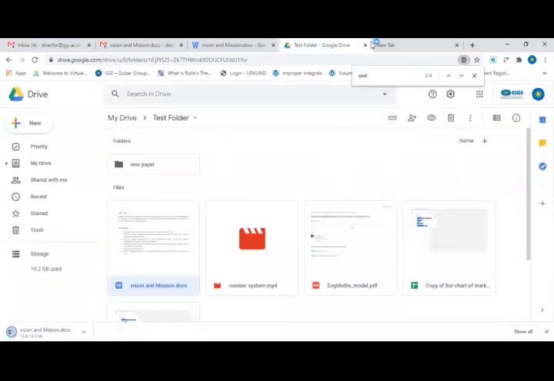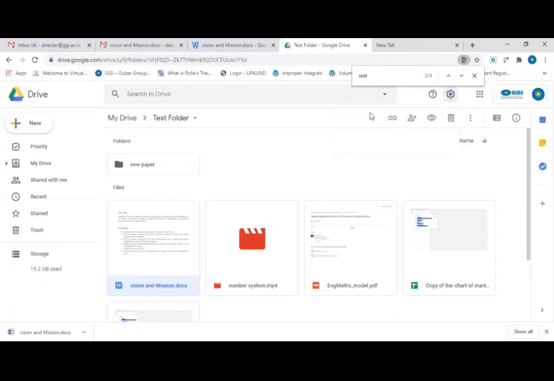The important thing about sharing, we'll discuss in detail when we discuss Google Docs and Google Sheets. Then we will discuss the sharing of documents in detail. Till now, this much of the sharing part is enough. And one more thing I want to discuss with you: the settings of Google Drive. So go to the settings.